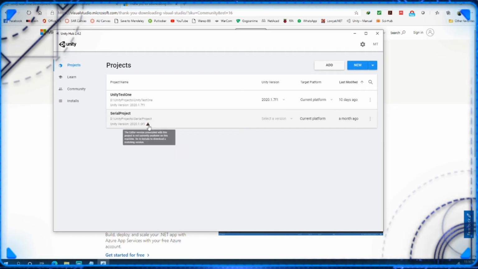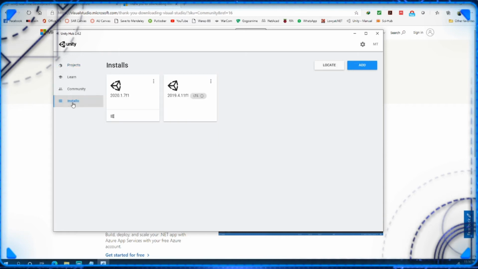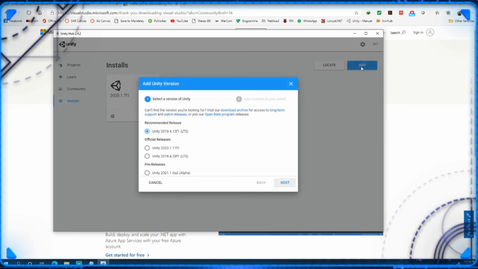So there are two things that you need to do in this page. First, you gotta make sure to install a version of the Unity engine. This is just a framework to house your projects and your engines together. So what you should do is click on the install tab here. All right, I've got two engines installed, so I'm just going to remove one just to show you how it's done. Okay, so just click on add, all right, and select your version of the Unity engine that you want